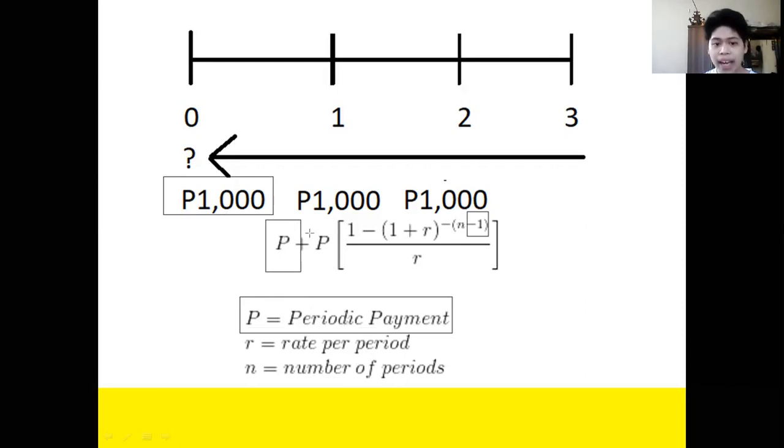So again, bakit natin to inad? Kasi itong 1,000 pesos na to, wala tong present value. Okay? Kasi nga walang period. So yun, P plus P. And then multiply to this. Okay? So that's how we analyze the